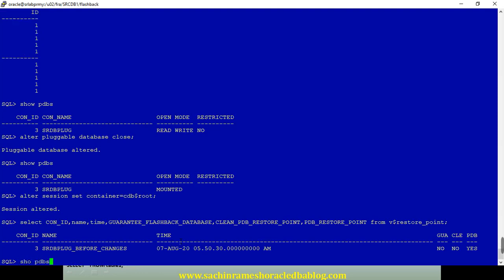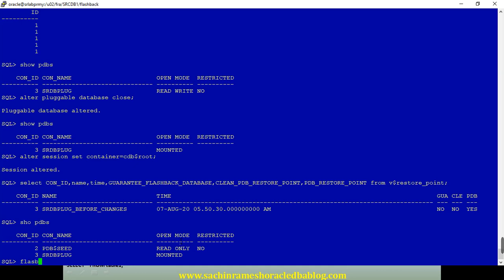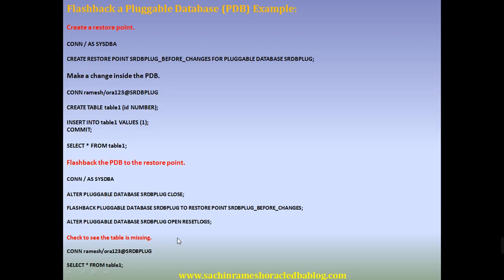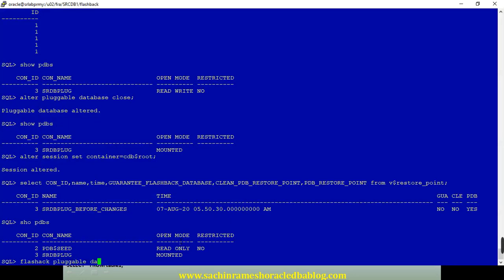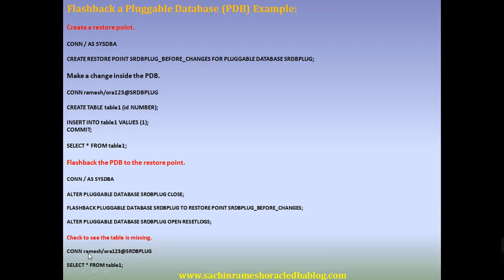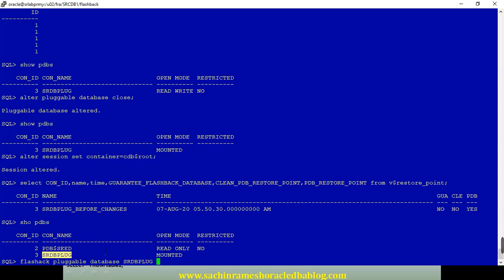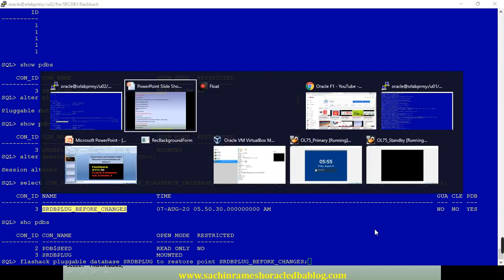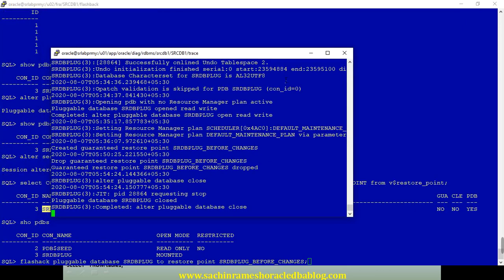The PDB is mounted, so flashback pluggable database, pluggable database name, to restore point, restore point name. While I'm doing this, I'll show you what is happening.